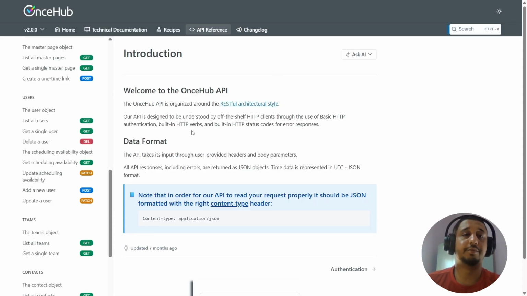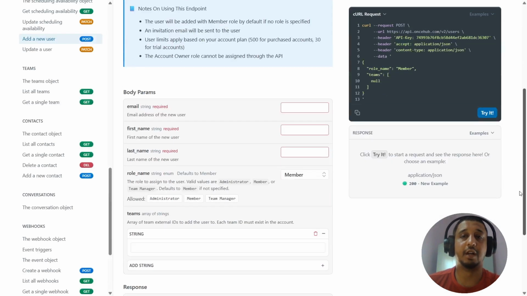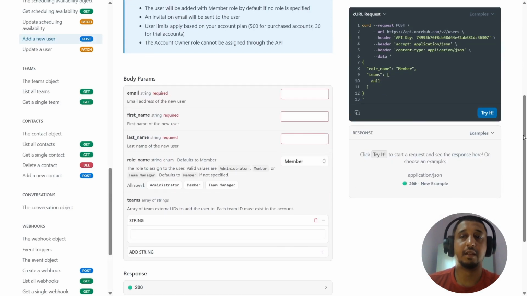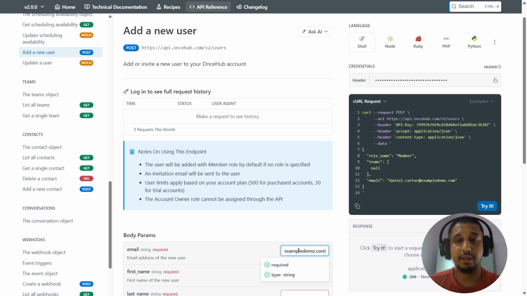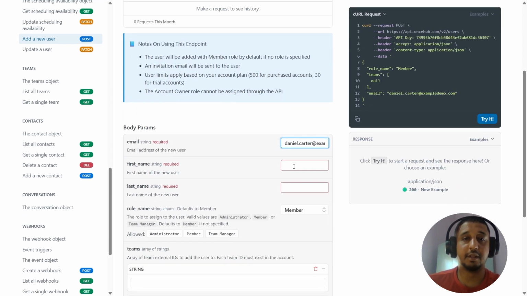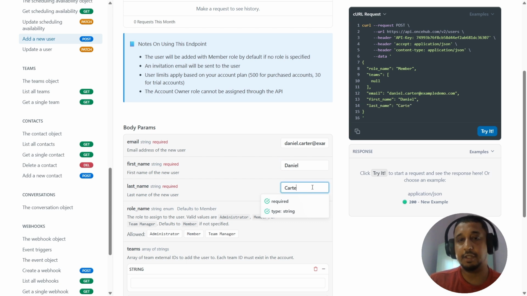And here we will need to go to add a new user. On the add a new user page, paste the API key in the header, and we are ready to use our API. So let's say we add an email here for our user, that is daniel.carter@example.com. Next, we will need to add the name, that's Daniel, the last name, Carter,